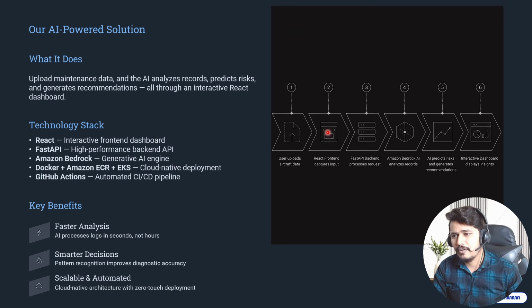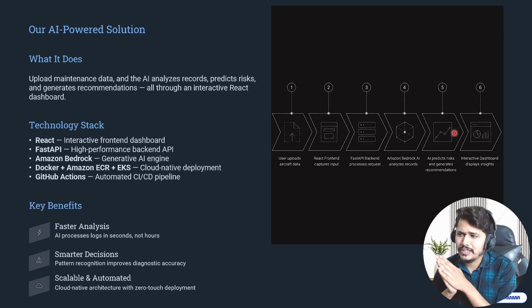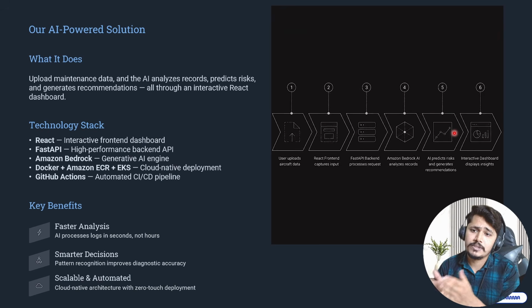So we have a React front end. The front end we have built using React, which then calls the backend, which is built on FastAPI. Then for giving the AI capability, to use a large language model, we have Amazon Bedrock as a service, which is a highly used service, in order to perform AI analysis, which will then predict and generate the recommendations, and those recommendations we are showcasing on the interactive dashboard. So this is not the normal chatbot that we are building, but an actual industry project that goes beyond a chatbot. We are showcasing an interactive dashboard which helps the users analyze the data